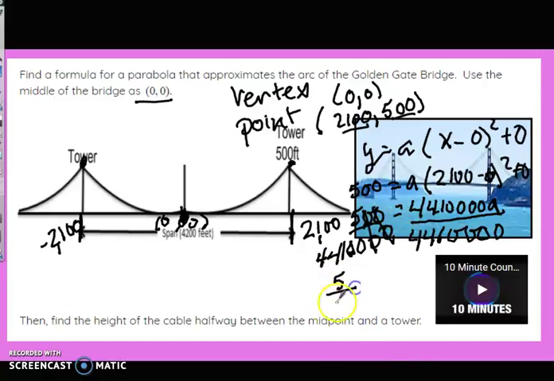So now I have 5 over 44,100. Not as big, right? Still the same value, just not as big. Does 5 go into 44,100? Yes. Anybody know how many times? 8,820. I've done this problem, that's why I knew that. Previous times I put it in my calculator, 44,100 divided by 5. You get 8,820. So my A value